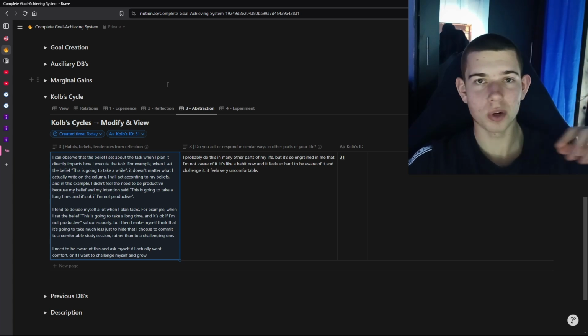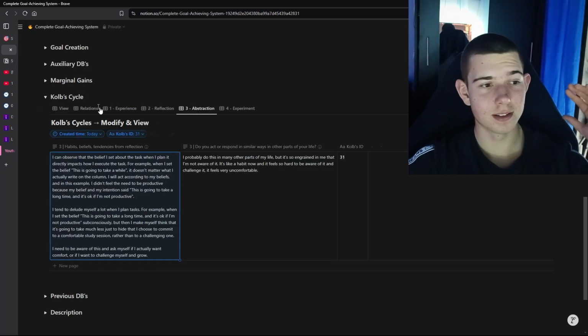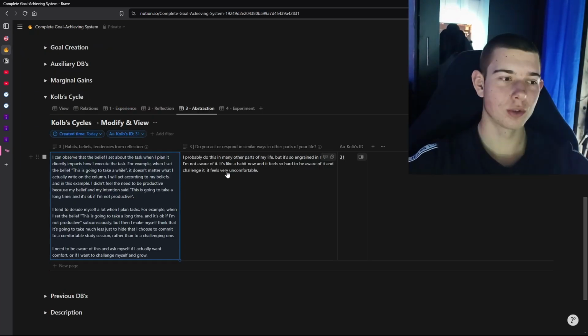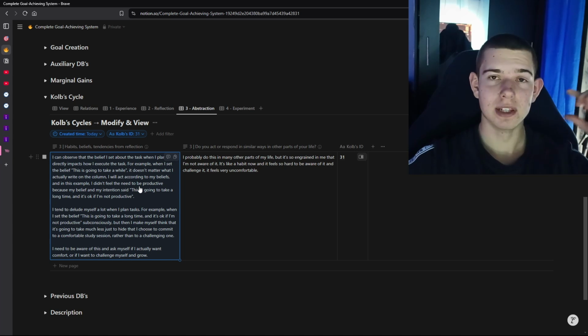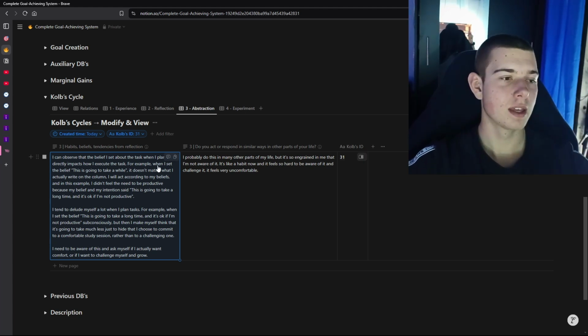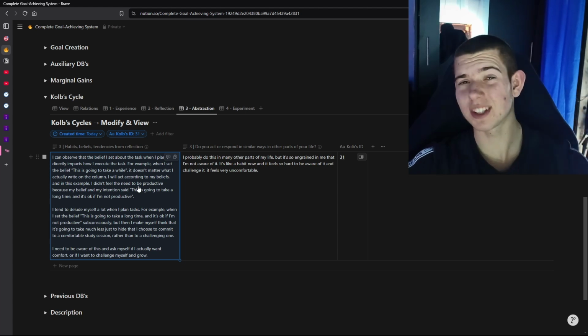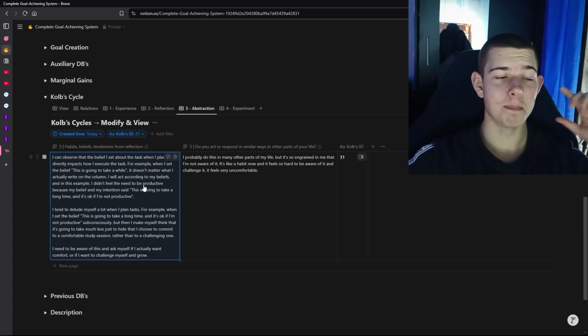it doesn't matter what I write on the plan, on this column. The important part is what I actually believe. So I found after this reflection that I believe that this is going to take a while and it's okay if I'm not productive. That's what I subconsciously believed and thought. But then I lied to myself and I just said, no, I'm gonna do this in 20 minutes. Yeah, for sure. But I didn't actually believe it, and that is a big problem.